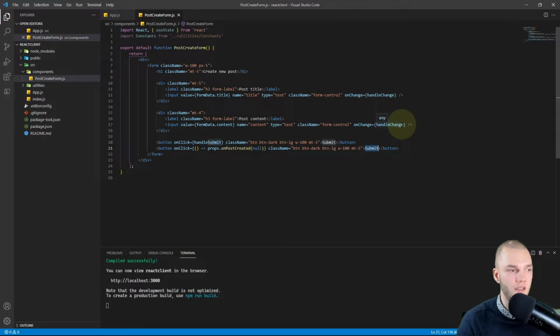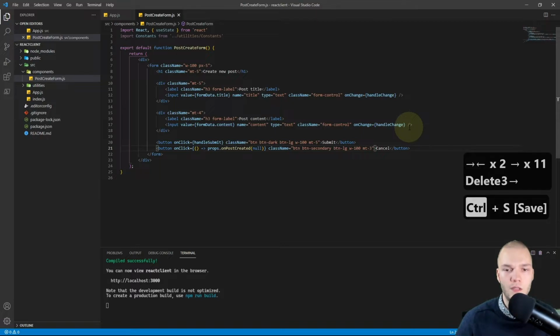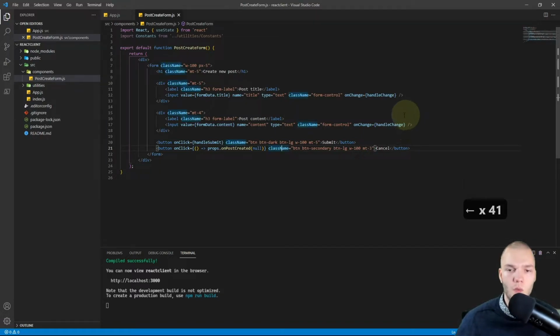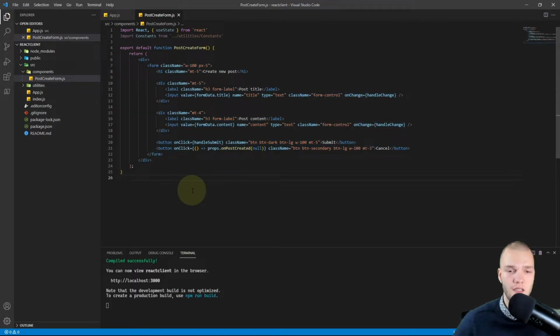And I'm gonna change the text to cancel, and I'll change the color from BTN dark to BTN secondary and change the margin top to 3. So when this function is called in the app.js, we will hide this form and come back to the main screen. Right, so we're calling a bunch of stuff that doesn't exist yet.